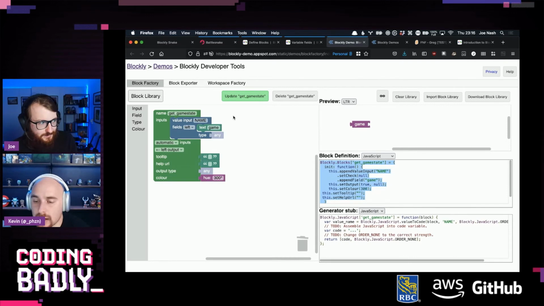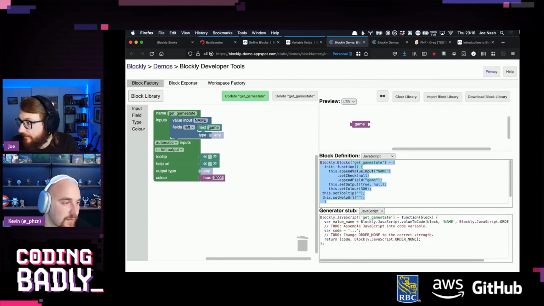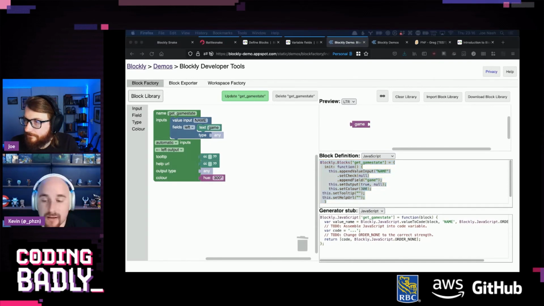I think so. Hexagon mentions JSON path. Yeah, it could use JSON path. I don't know what that is, but it seems like a really pleasant way of interacting with objects and querying them. And I think it will run in the browser, which means it can run in our Blockly app. Sorry, I'm seeing it's on Maven and having a panic attack. Am I on the wrong one? Yes, I'm looking at GitHub Chester JSON path. I'll pop it in our StreamYard chat. Perfect. This looks pretty sound. Yeah, this looks great.